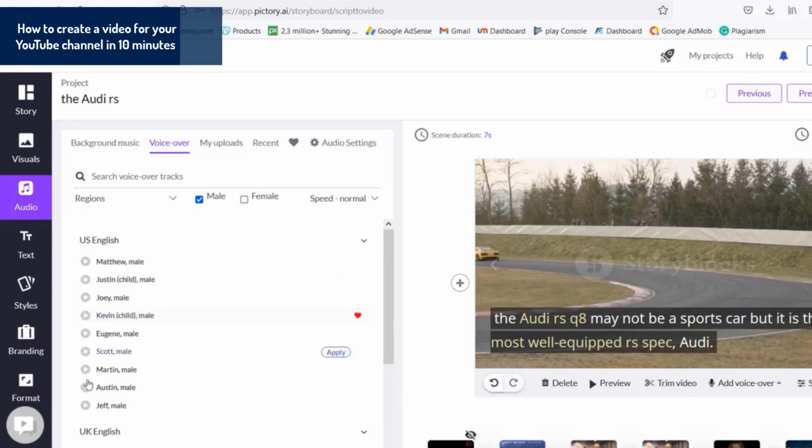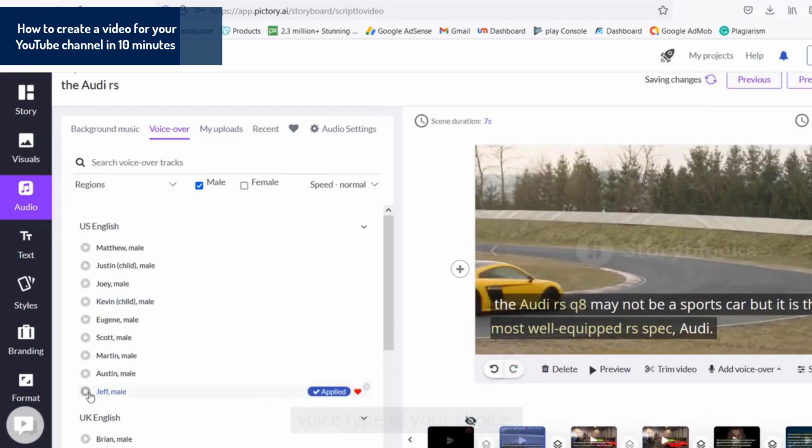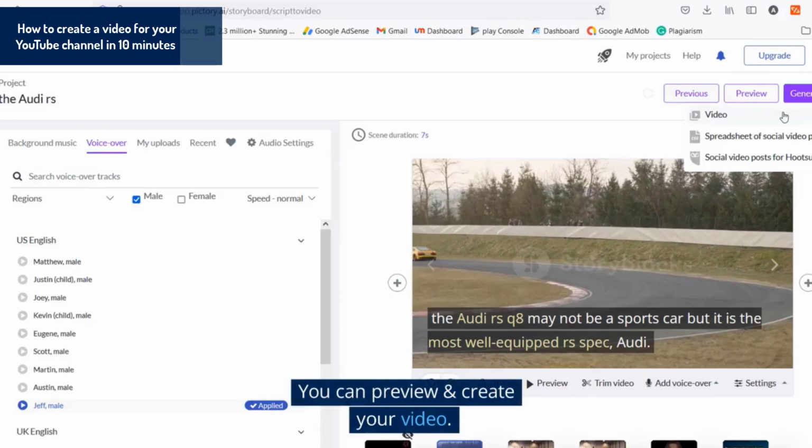Click on Voiceover. Here you can choose the voice type of your choice. Choose and apply it. You can preview and create your